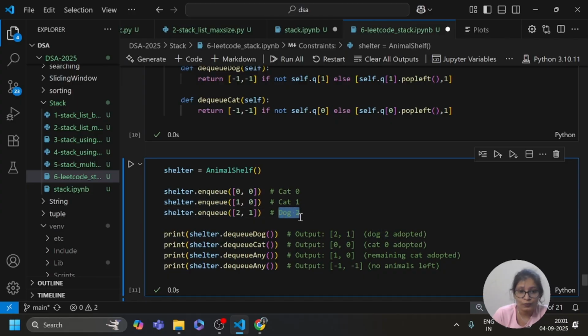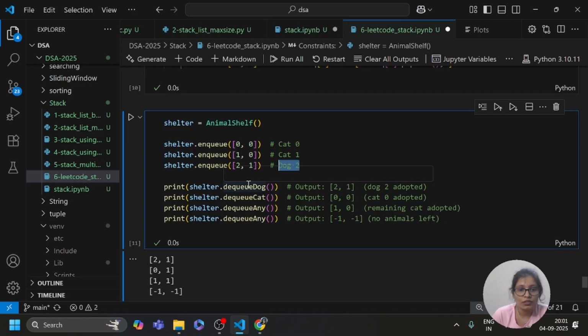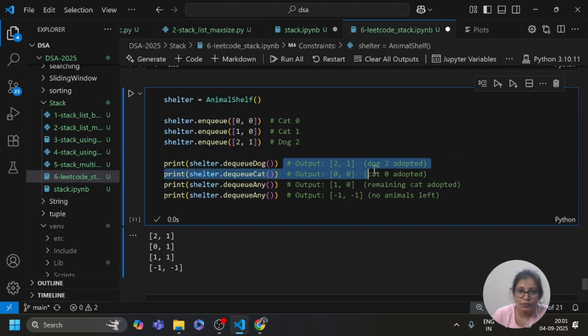Print shelter.dequeue dog, print shelter.dequeue cat, and print dequeue any. So this is our first output. Dog 2 is adopted here, cat 0 is adopted here, and the remaining cat is adopted in dequeue any. Here no element is left.